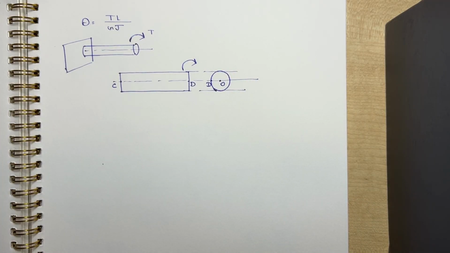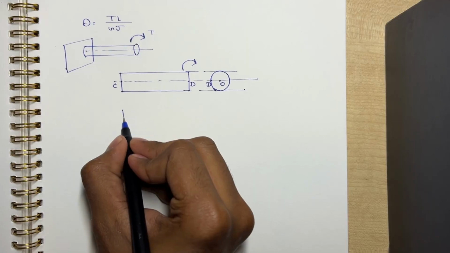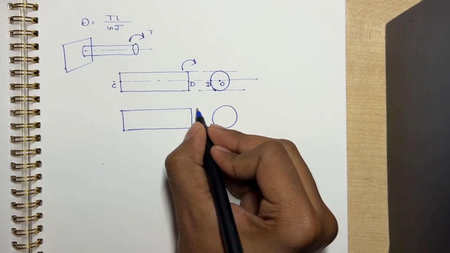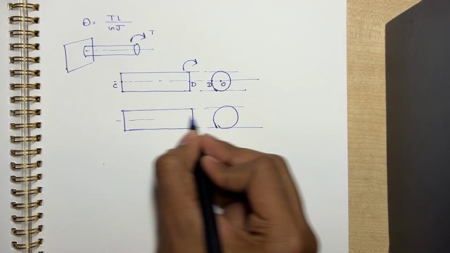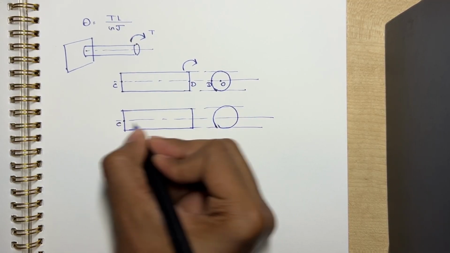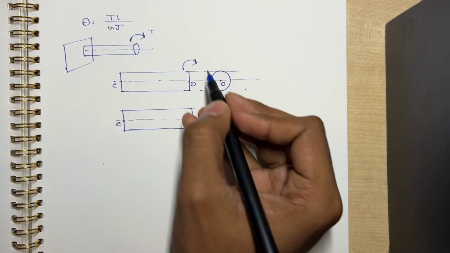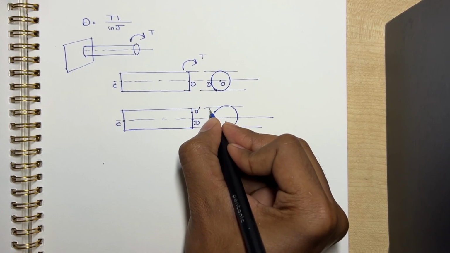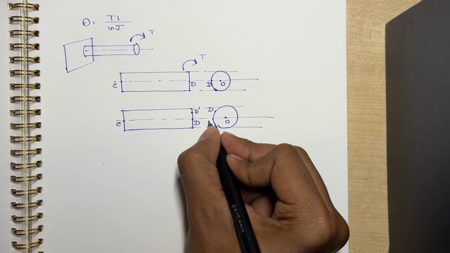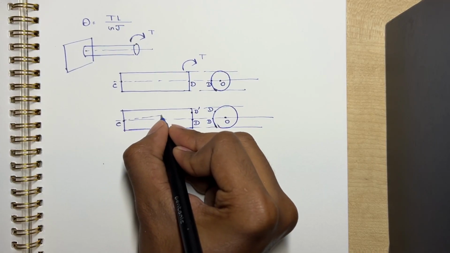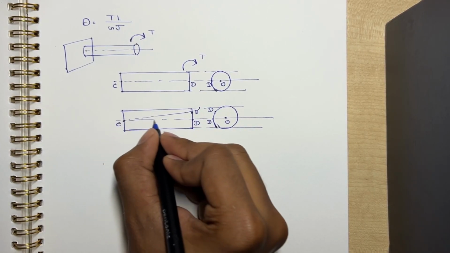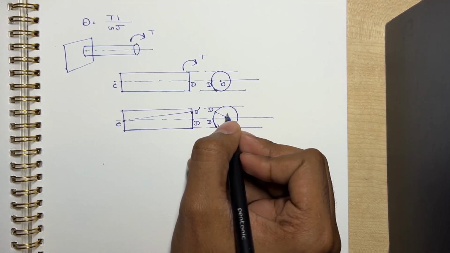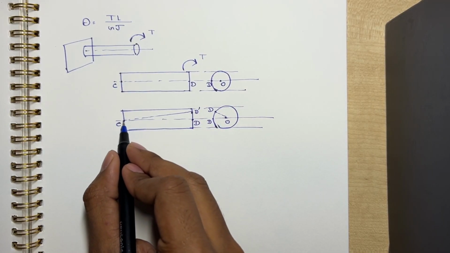Right? So on application of torque, I'll draw it again. C, D, on application of torque, D goes to D dash, so there will also be a D dash here, and this is O, this is D. Now this is CD dash, so from CD it becomes CD dash, same at this side. Now we will take both of these triangles one at a time. So at first, if we take this triangle,